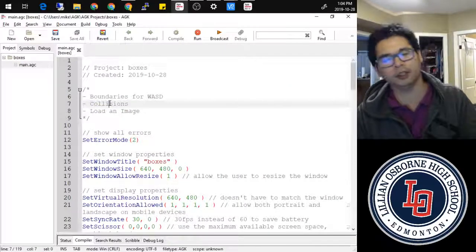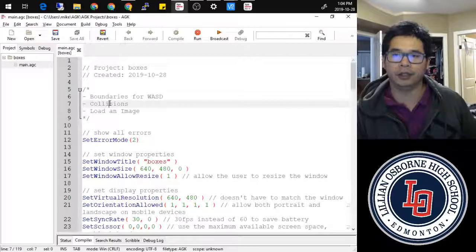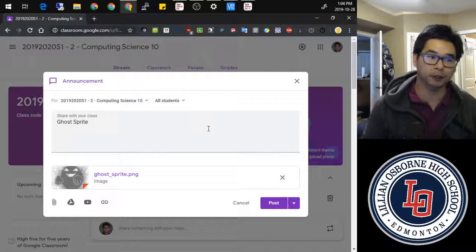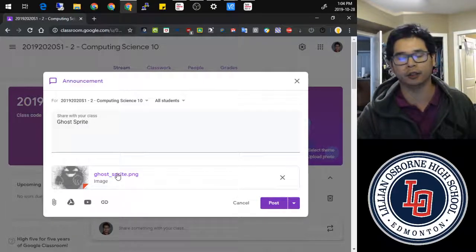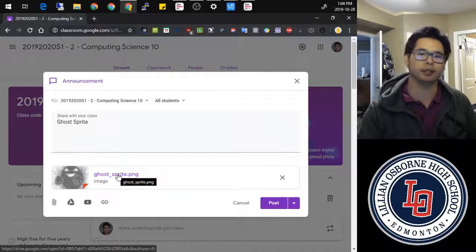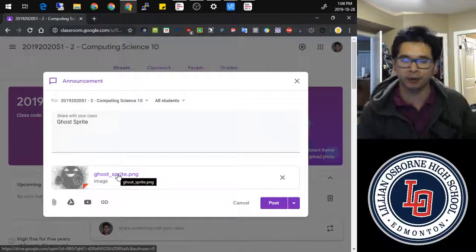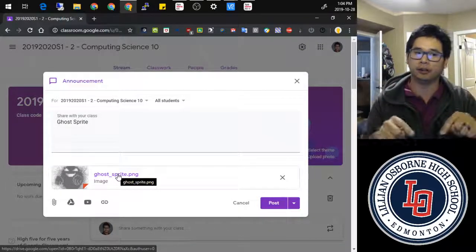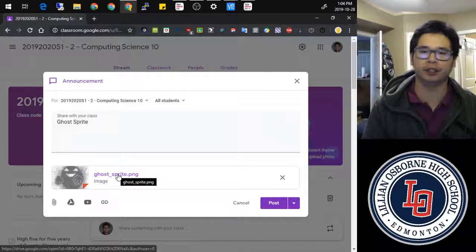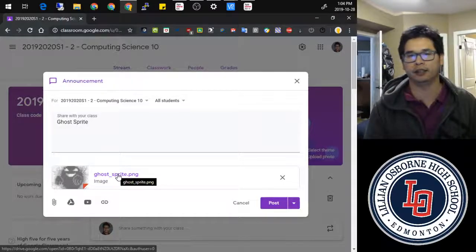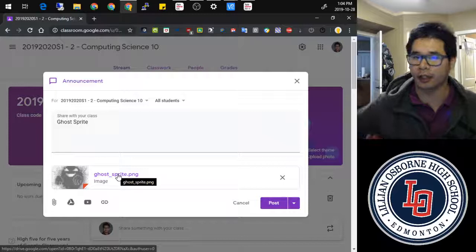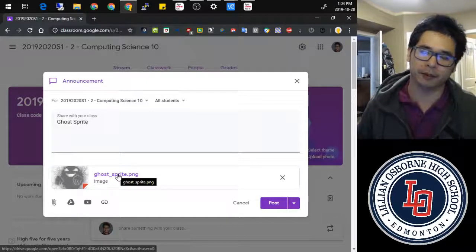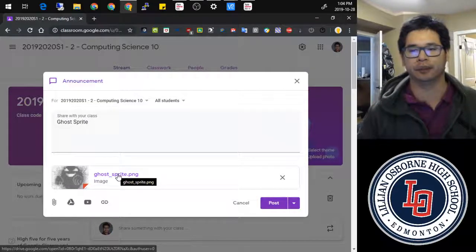And then finally, the very last thing is going to be loading an image. So in Classroom, there should be this post already posted, hopefully, which has a ghostsprite.png. The reason why we use this one is because a PNG has a transparent background, whereas JPEGs and other file formats often don't. So if you don't want a white square around your image, you do want to find a PNG with transparency. Of course, if you're taking applied graphic arts or photography, you may have already learned some techniques to remove that background, and you can also apply that to your images as well.